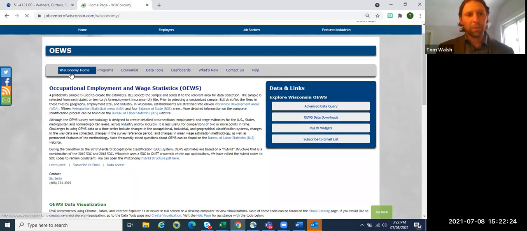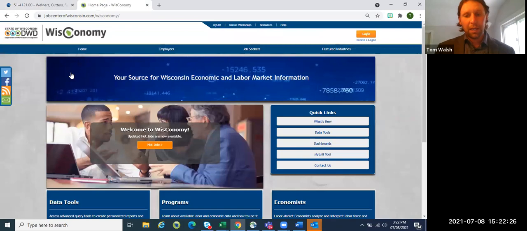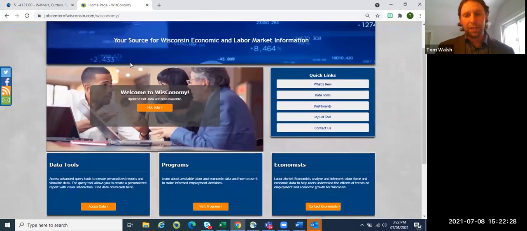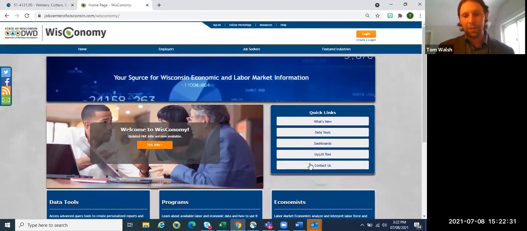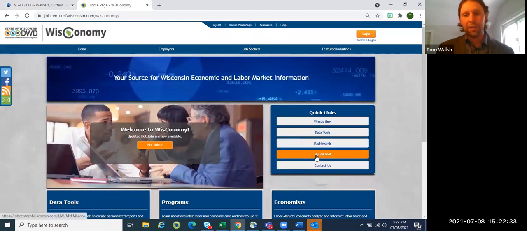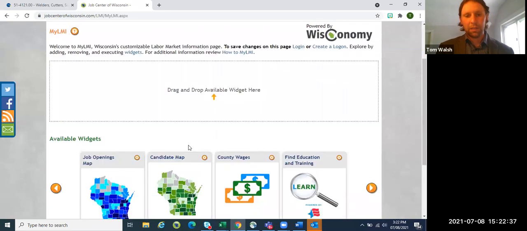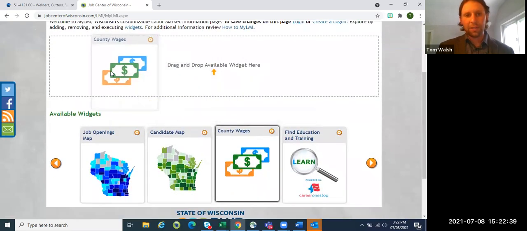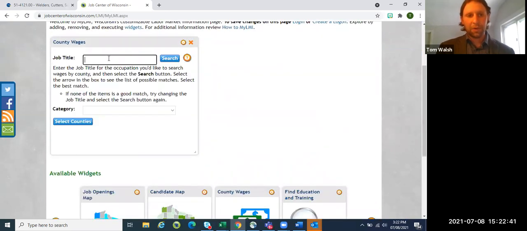So let's go back to our homepage here. And in order to get to that first wage tool that's a little less detail, but really clean, we'll go to our My LMI tools. We're going to drag county wages, and then we're going to select welder.